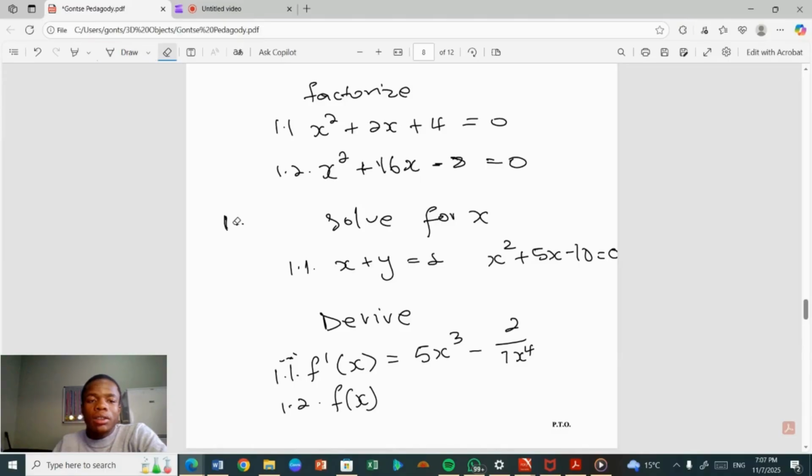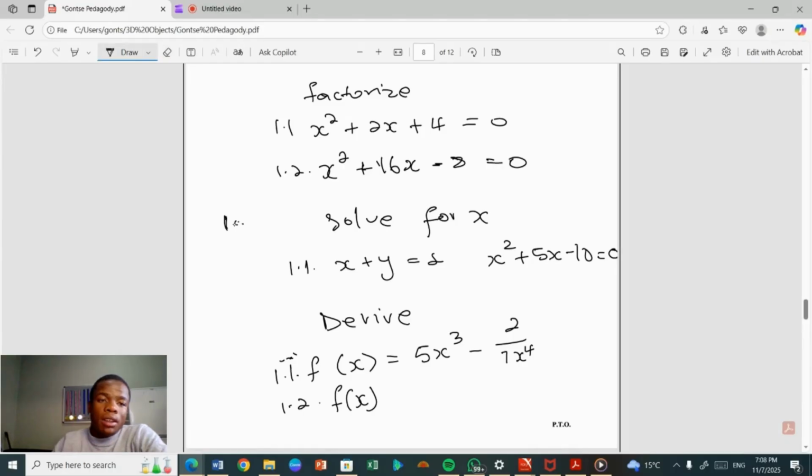Okay, it's f of x. It's not the inverse of f. Okay, it doesn't want to be moved. It is equal to 5 over x to the power of 4 plus 1 over 3x squared. Then you go and derive, do this one, and then we will submit them. So thank you for attending the session, and